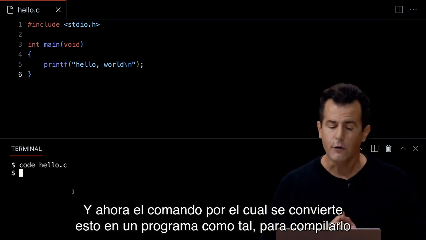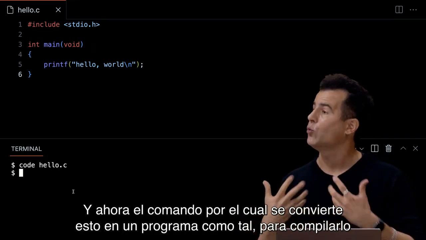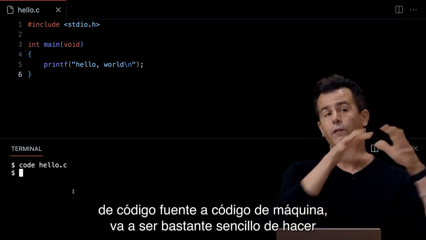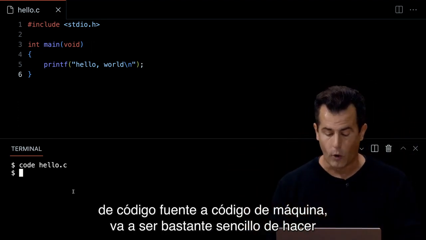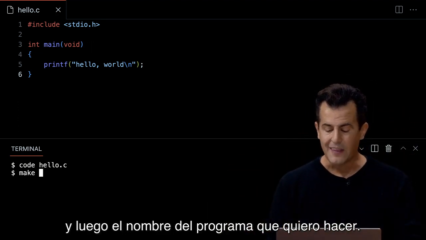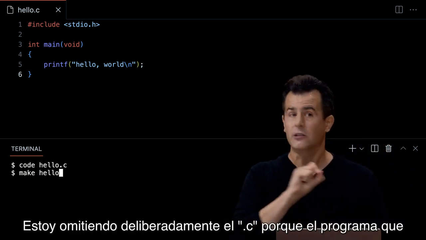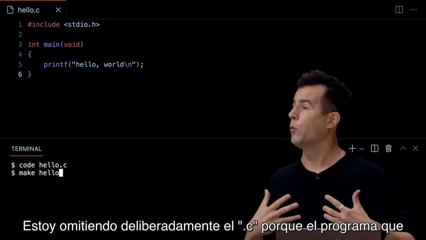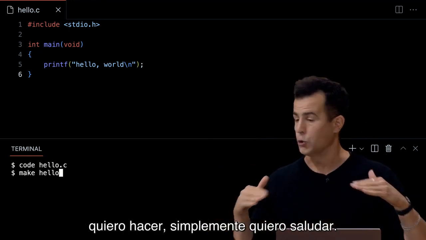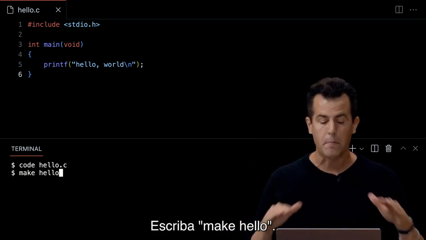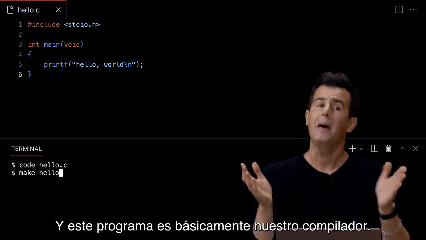And now the command via which to make this an actual program, to compile it from source code to machine code, is going to be, quite simply, make, and then the name of the program I want to make. Slight subtlety. I'm omitting deliberately .c because the program I want to make, I just want to call hello. So don't write make hello.c, just write make hello. And this program make